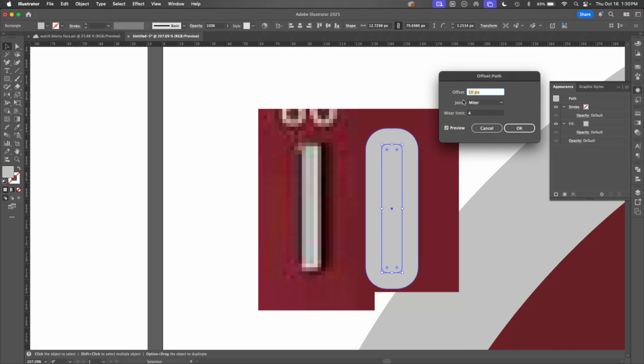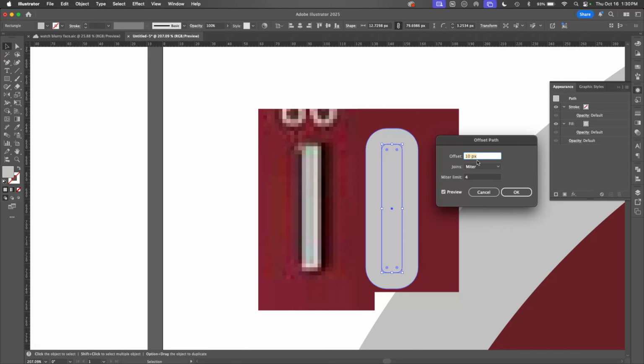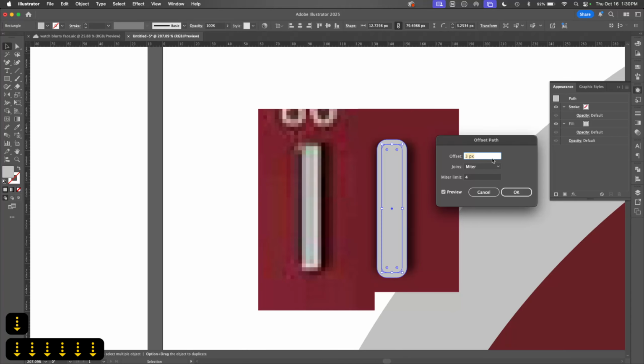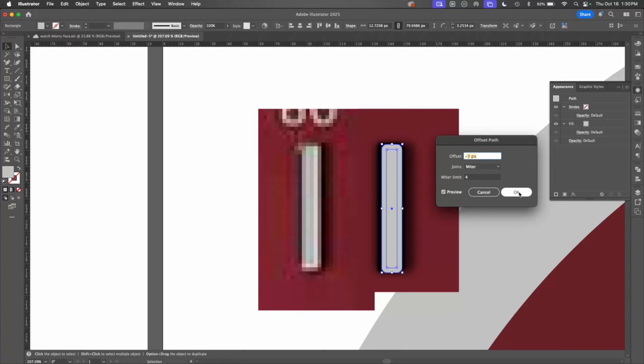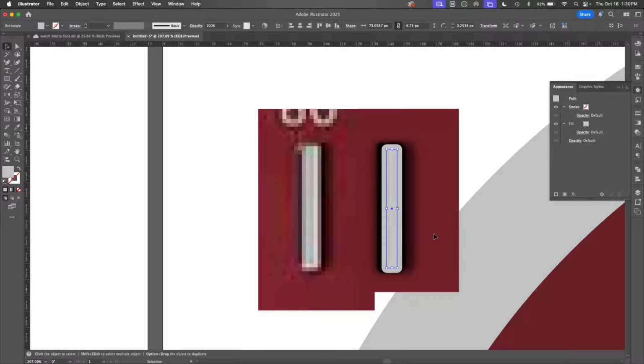And the trick for Offset Path is you want to make sure that your rulers are set to pixels and not inches or millimeters or anything else, because you want to be able to just press the up and down arrow keys and get a pretty decent size. I'm working pretty small, so that's okay there. Okay, and then I can leave this, and it looks like I've got kind of like a brighter side here,